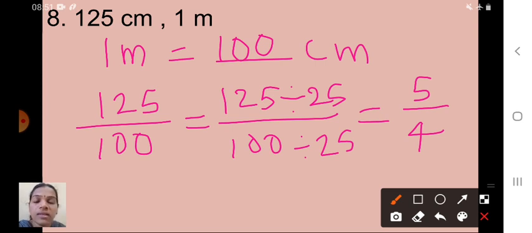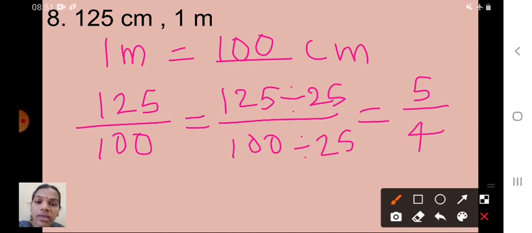Understood, children? So today what we discussed: if you want to compare two numbers, the unit of the two numbers should be same. If you are getting two different units, we have to convert the two different units into a same unit. So for that you have to study 1 kilogram is equal to how much of grams, 1 liter is equal to how much of milliliter, and 1 rupee contains how much of paise. These all things you have to study. Children, all these sums you have to practice at home. I hope you understood today's session.